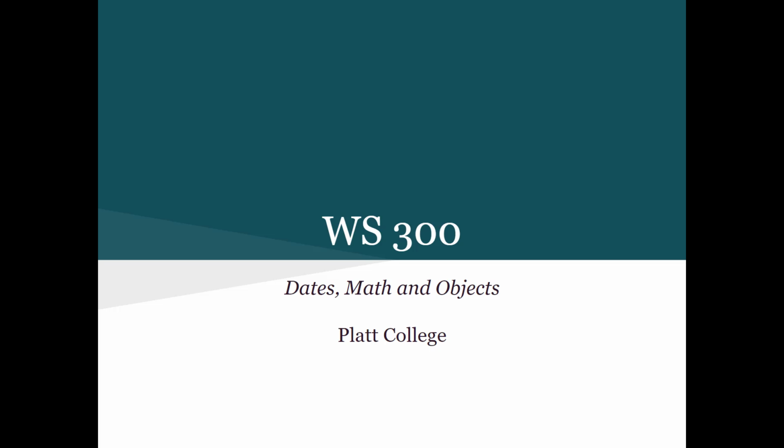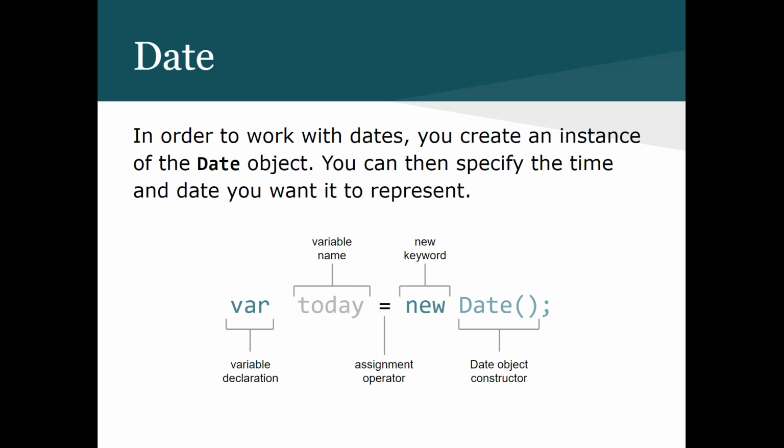Dates, Math, and Objects. This is just one way to create a new date. The date object by default holds today's current date and time. You can think of the code here as creating a variable called today that holds a number. This is because in JavaScript, dates are stored as numbers, which is the number of milliseconds from January 1st, 1970